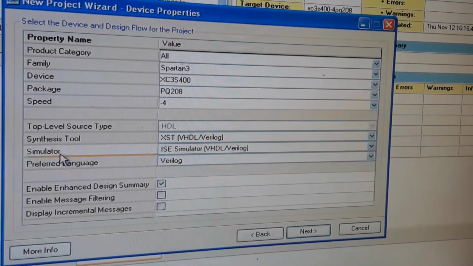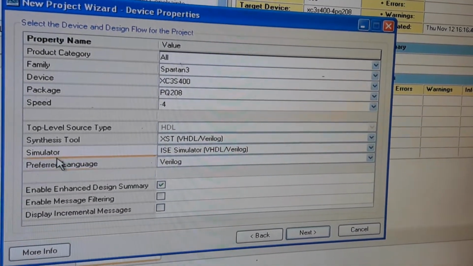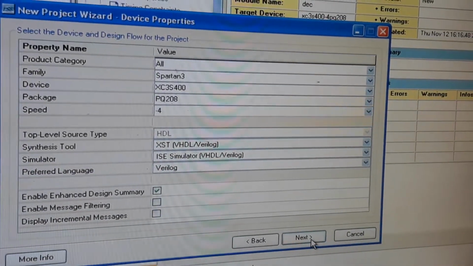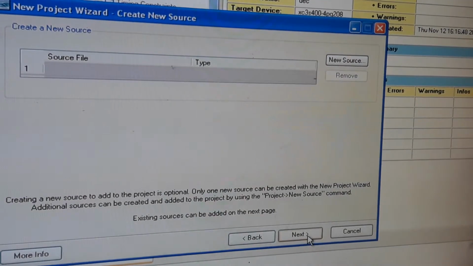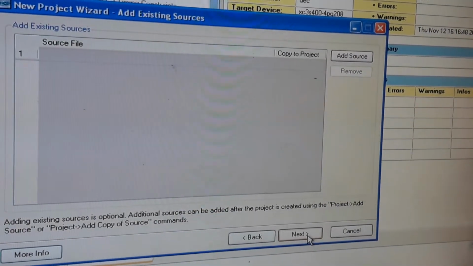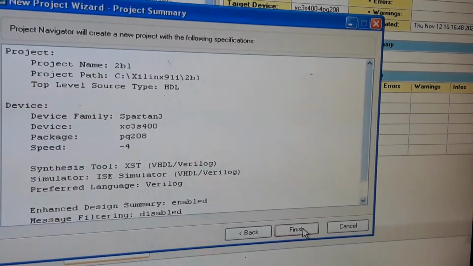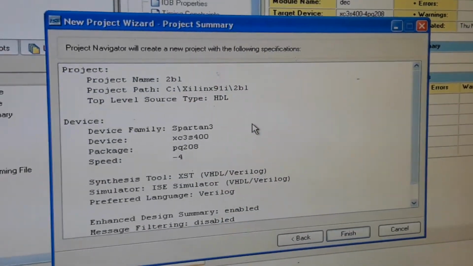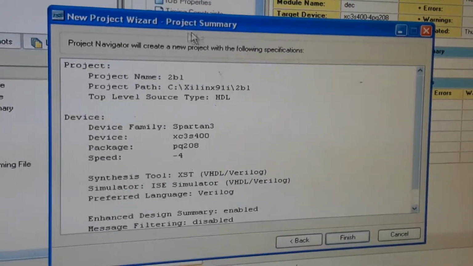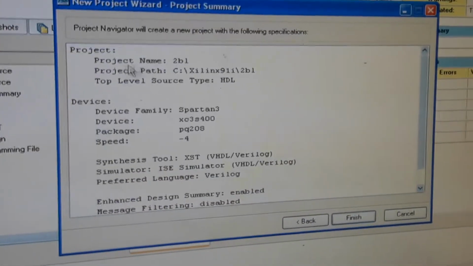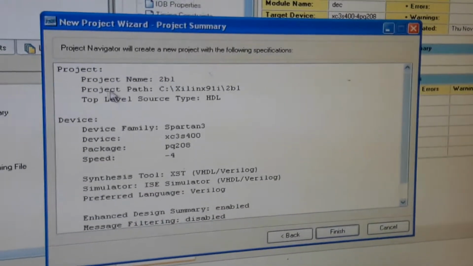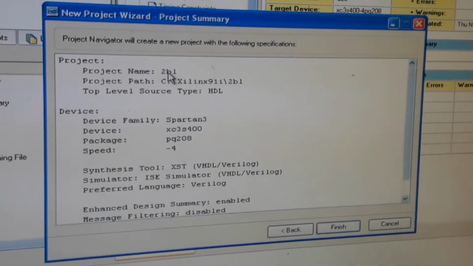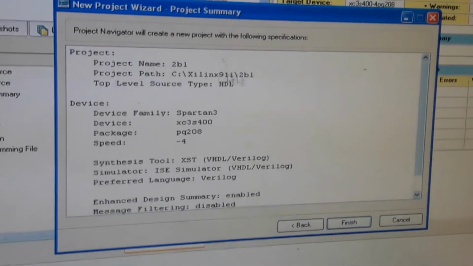After setting these two properties, go for the Next button. After that go for Next, and again Next. Here, the procedure we have followed up to now is displayed in the project summary. We have set the project name as 2BL. The project path, where we are saving the project, is also displayed.